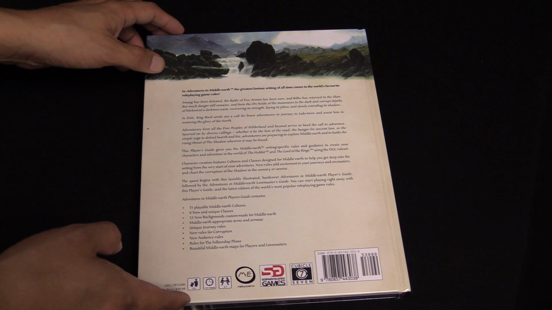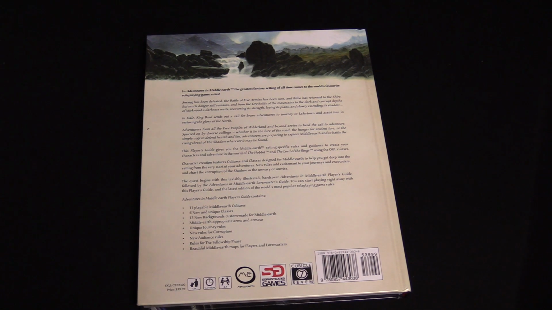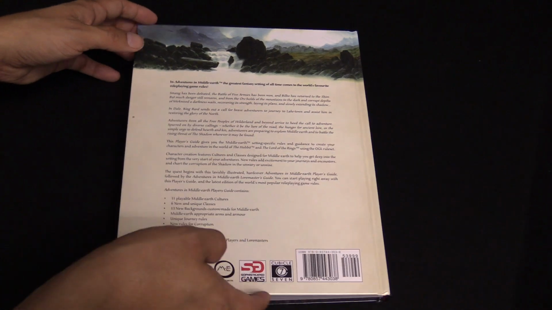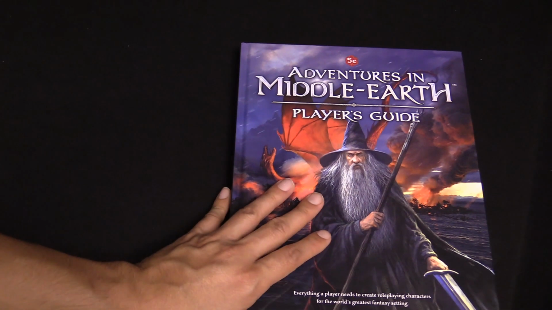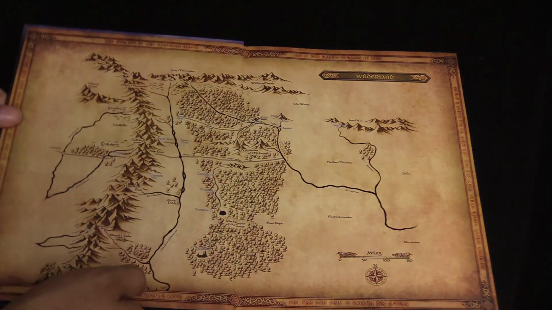So if you want to make your games feel a little more literary and epic, if you want to make them read like an epic poem or story or saga, this has got what you want, including rules for dealing with corruption, getting audience with famous people, and also a new fellowship phase. And we're going to take a look at all of those, but first we're going to start off with this